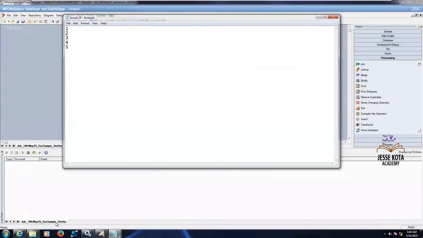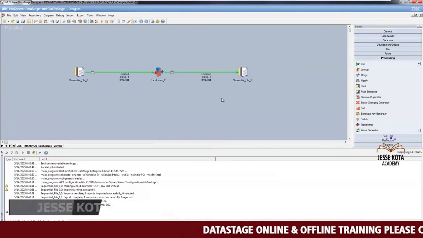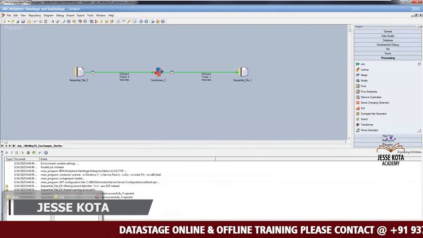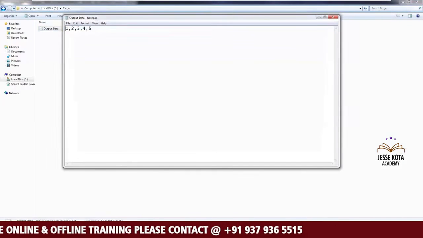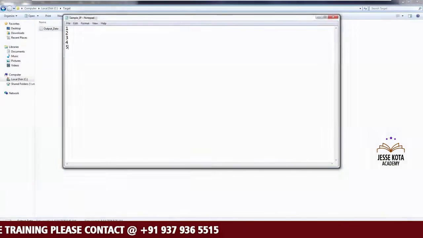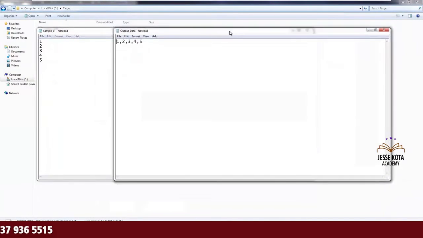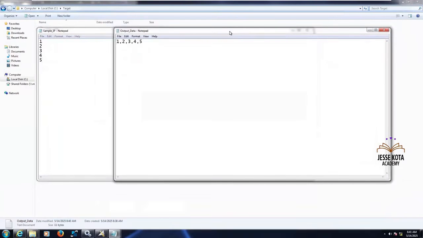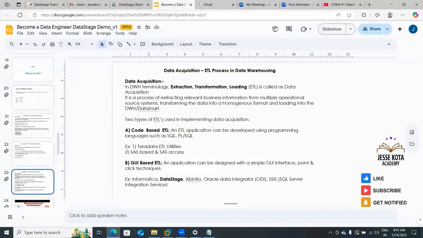So this is the input. Let's see once the job gets completed. See here, 5 rows we have in the input, and we have considered only one record. Now let's see here. The vertical data has been converted into horizontal data. Our left side is vertical data, and that has been converted into columns. Each record has been converted into columns. This is horizontal data. These kinds of scenarios we are going to work in the